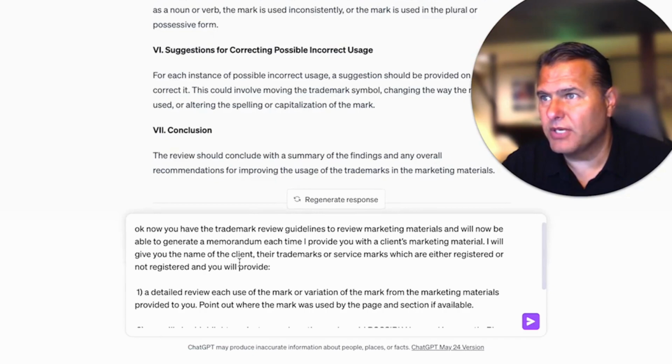So this is where we start getting into what ChatGPT will be providing as a response back. This is a response that says, okay, now you have the trademark review guidelines to review the marketing materials, and will now be able to generate a memorandum each time I provide you with a client marketing material. I'll give you the name of the client, their trademark or service marks, which are either registered or not registered,